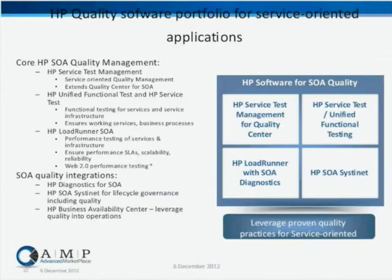Really, when we look at service delivery from an HP quality standpoint, there are four fundamental applications involved. HP Service Test Management is really a module inside of the ALM product. It helps us leverage that system of record for our quality and extend that into the SOA and SOA management space. So it gives us all the power of Quality Center and ALM, but geared towards managing services